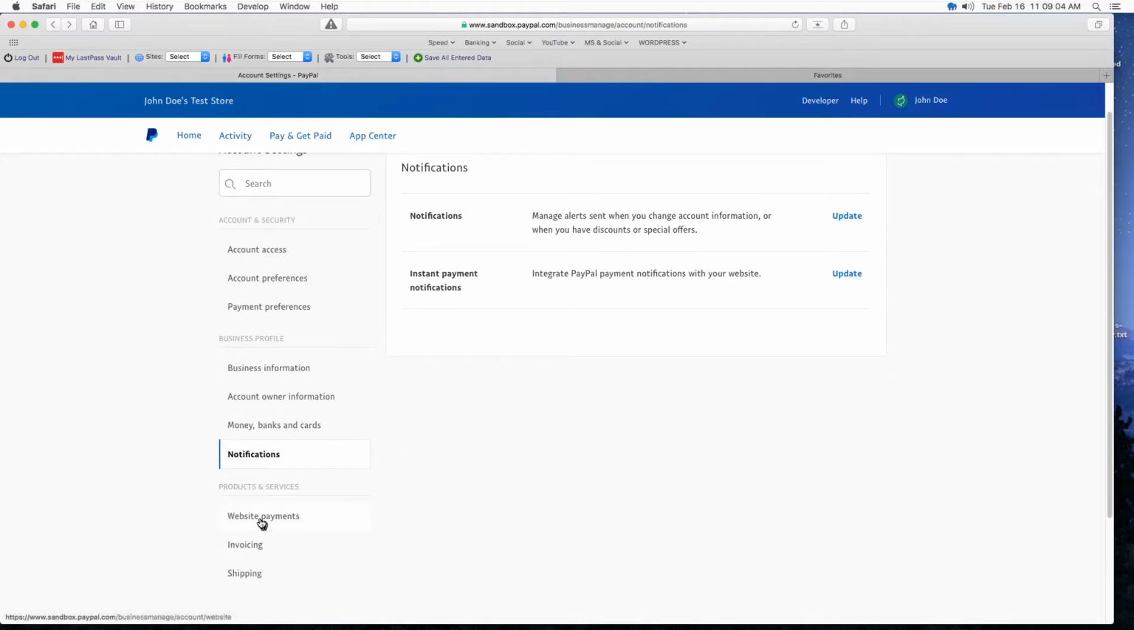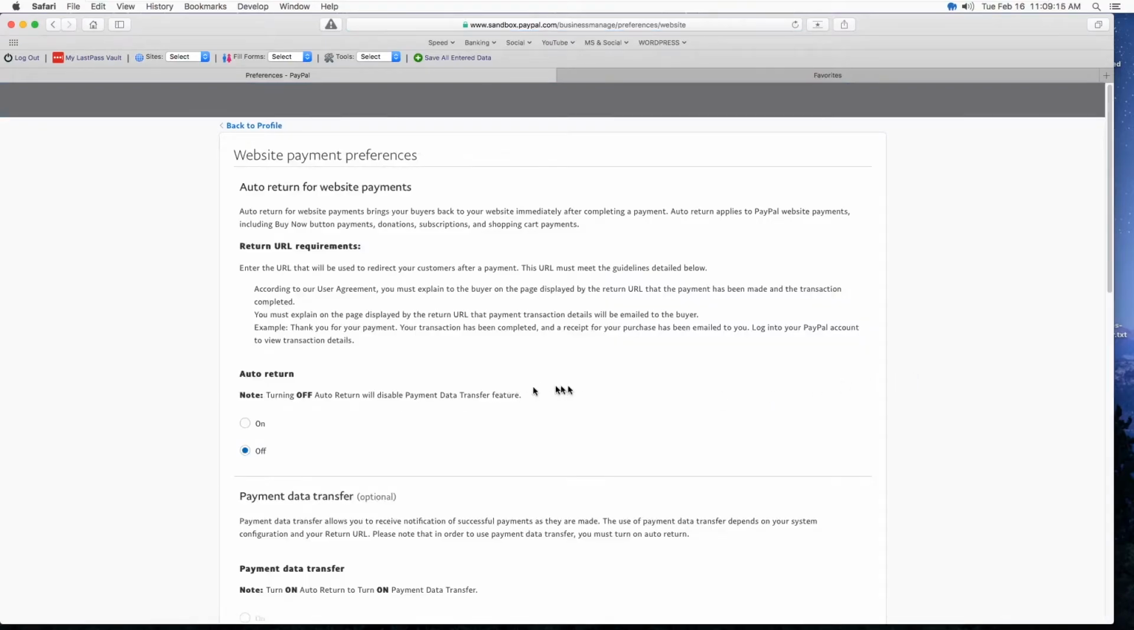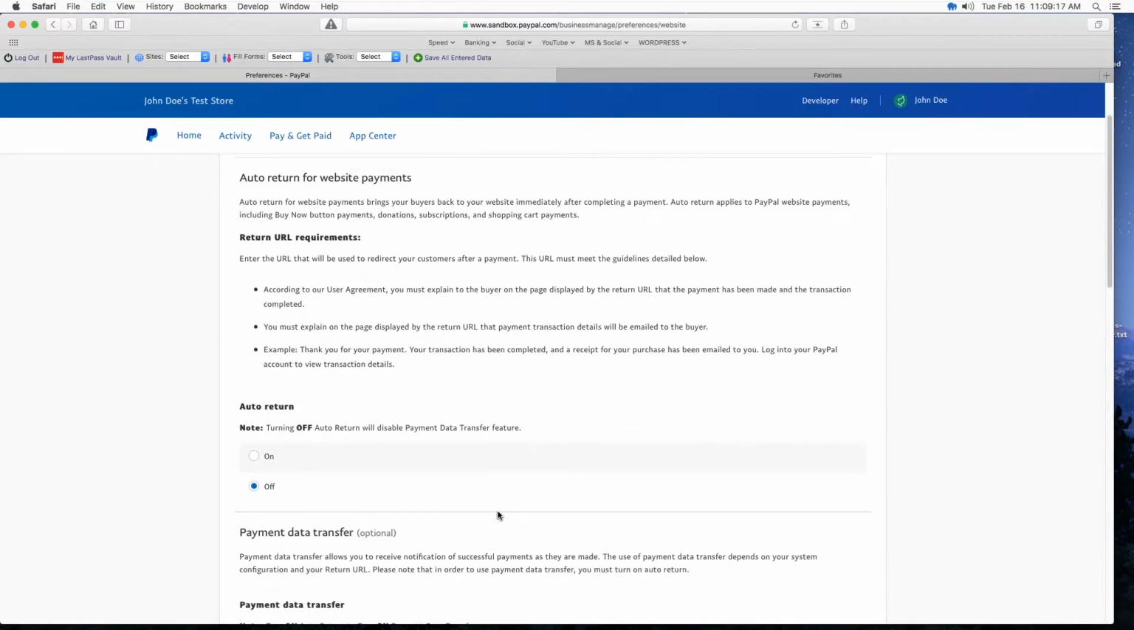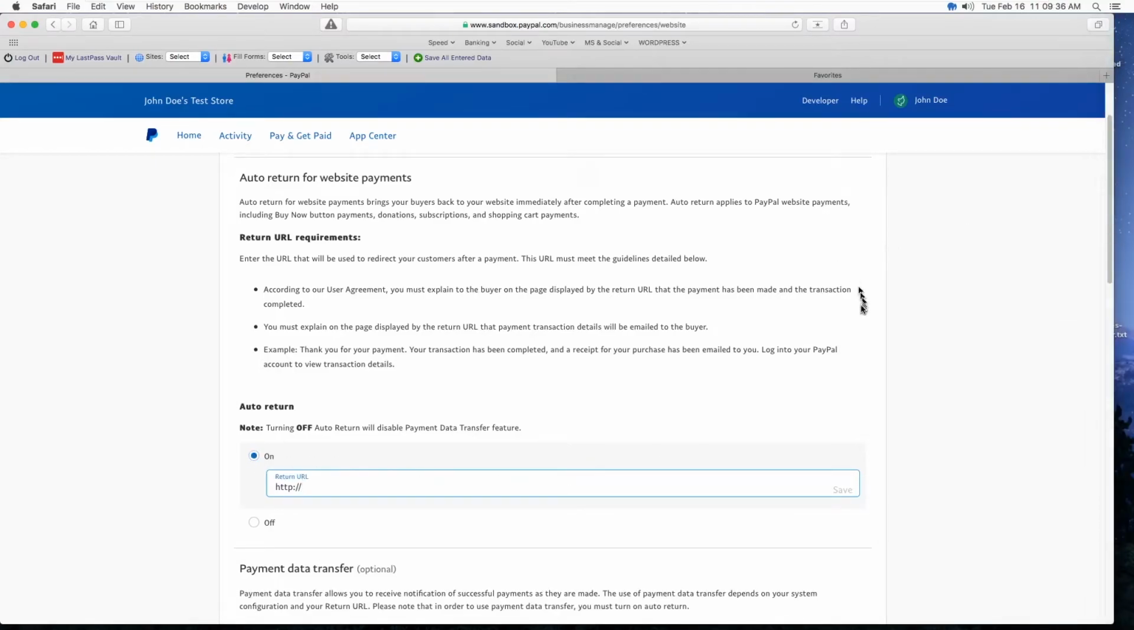come back to the website. So I go to website payment and website preference here, update. This part is the one I was missing. Auto return, right? If you have it turned off, it logs you out and you stay out, just like what you saw happen. So what we have to do is turn that back on, and basically